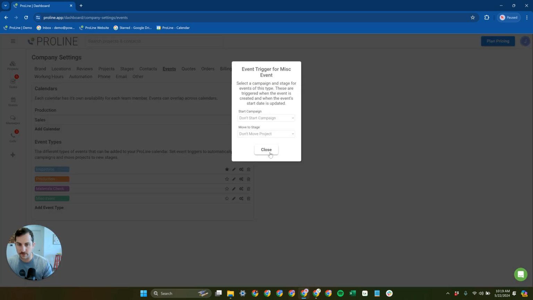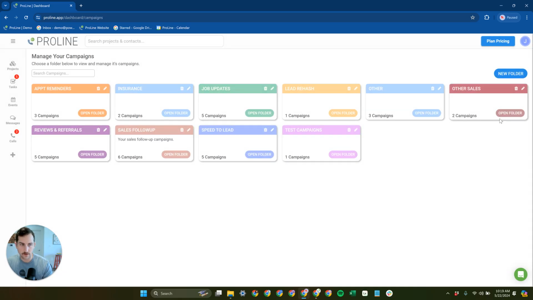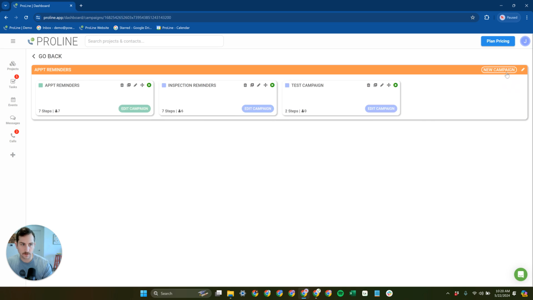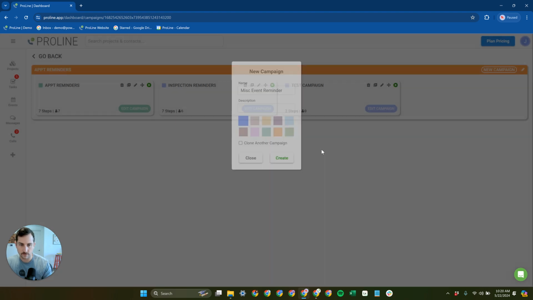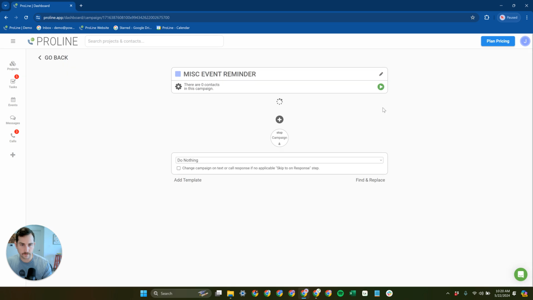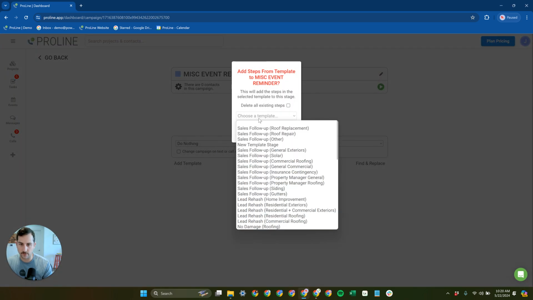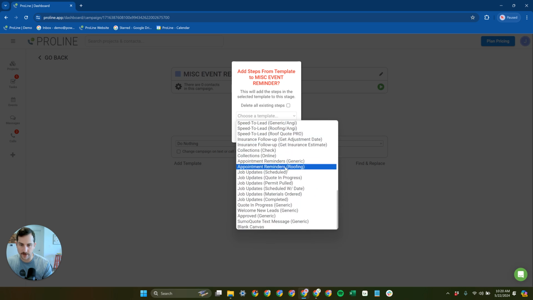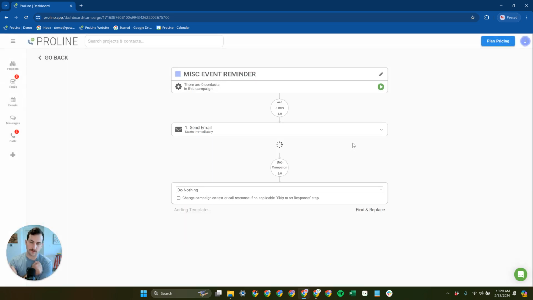I'm going to leave it not moving to a stage, but I don't have a campaign to select yet, so I'm going to go to campaigns, appointment reminders, and then I'm going to do miscellaneous call or event reminders. Now, once I'm in here, you can just start building if you want, but I recommend starting with one of our templates. So you can scroll down to appointment reminders, generic, or appointment reminders, roofing. Now, this will be tailored to an inspection, but you can